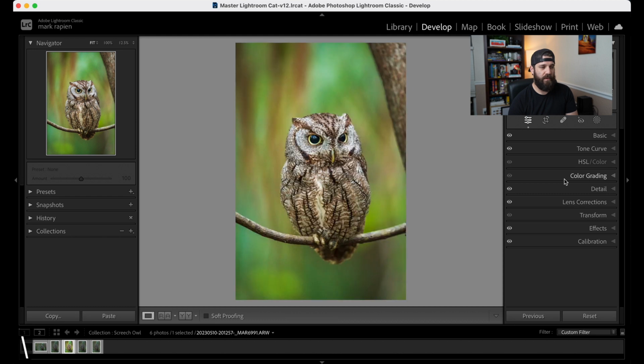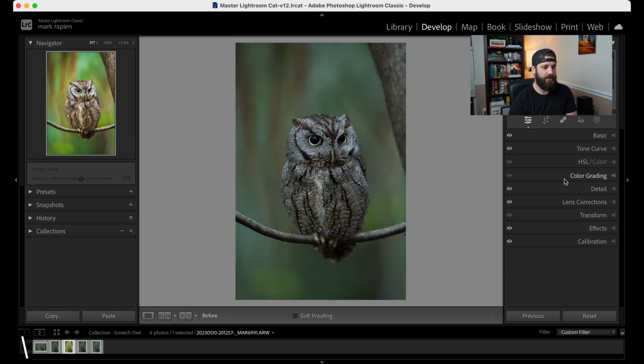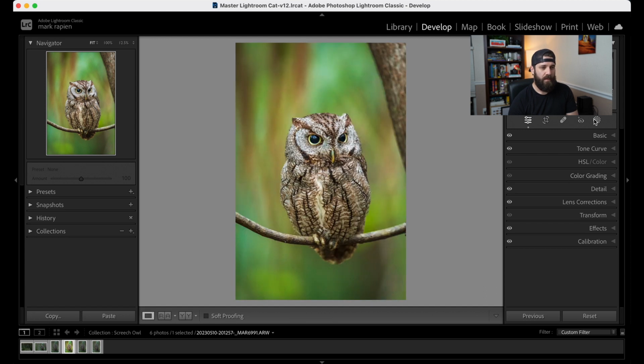So here's our before and our after. You can see how much of a difference those minor changes make. Now, in order to take this to the next level and make that bird stand out from the background a little more,